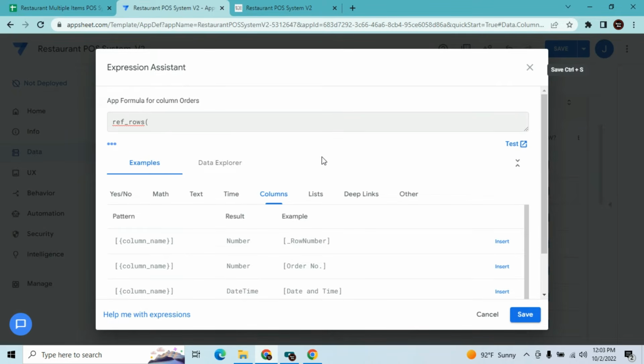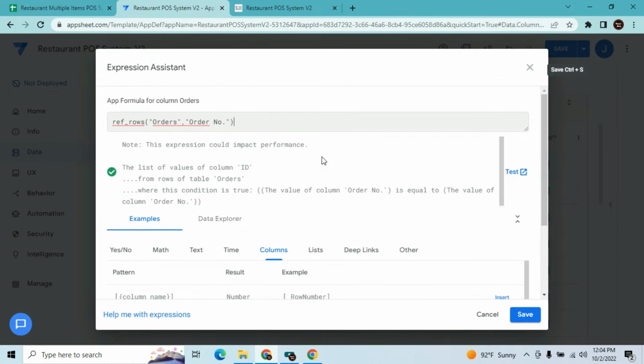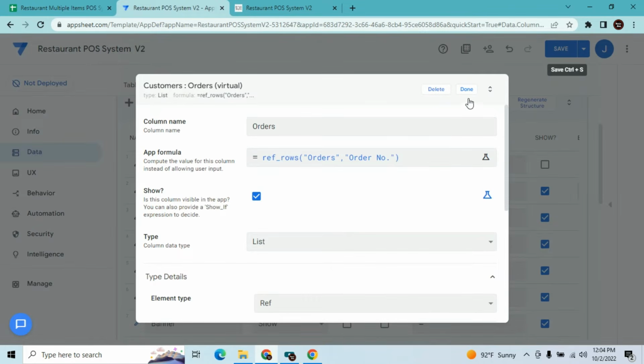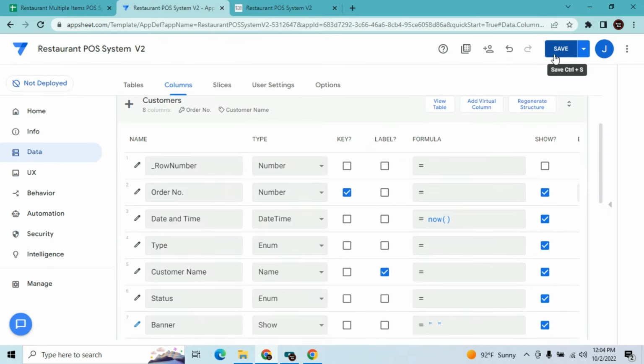What's the reference table? It's the orders. Then our reference column, I'm gonna just keep this as order number. All right, I'm gonna hit save,